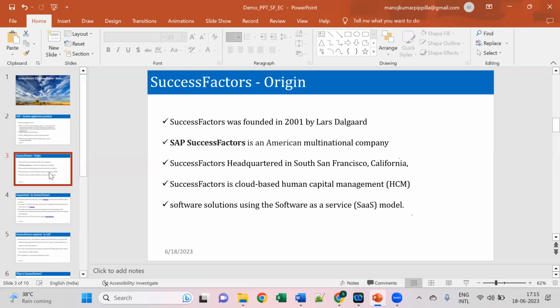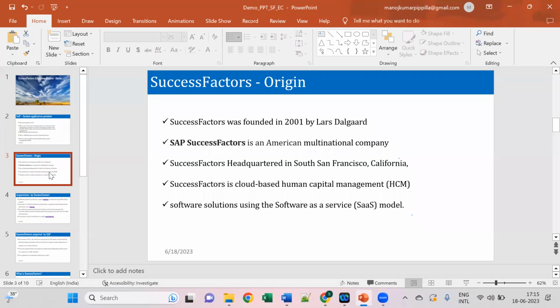SAP has specific data centers across the globe. In different physical locations, SAP has data centers, and whatever we modify here will be copied from here and stored in the physical data centers, which will be taken care of by SAP. We are not going to take care of anything about the data centers; that is going to be taken care of by SAP. Currently, there are around 20 data centers.